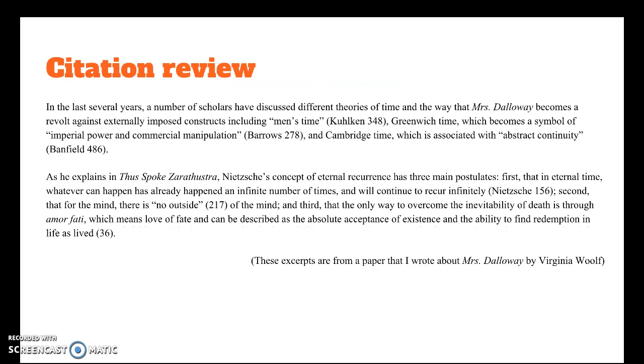Okay, and I want to do a quick review on citations. These 2 are from a paper that I wrote. And as you can see in these 3 citations, I included the author's last name. That is because I hadn't written the author's name in my sentence, so I needed it here. Whereas in this one, I have the title and the author. That's why I do not